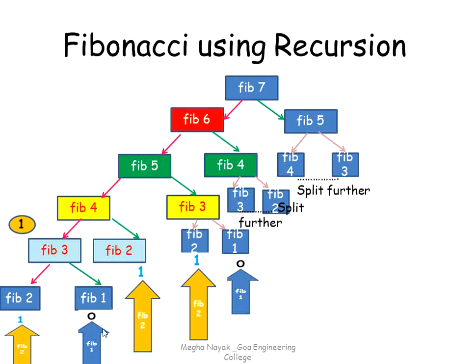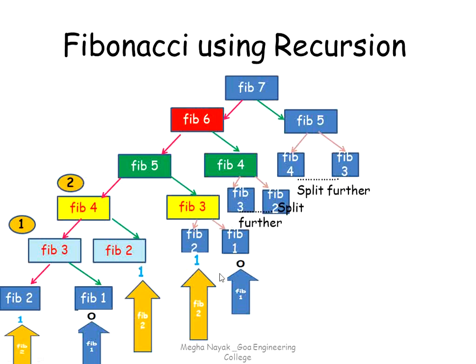So now, because we have here as our answers 1 and 0, I can climb up this way and compute fib of 3 as 1 because fib of 3 is fib of 2 plus fib of 1. So assume there is a plus here. So 1 and 0, 1. Similarly, fib of 2 gives me an answer of 1. So I can compute fib of 4 as fib of 3, which was computed from fib of 2 and fib of 1, plus fib of 2. So I can compute fib of 4 as 2, right?